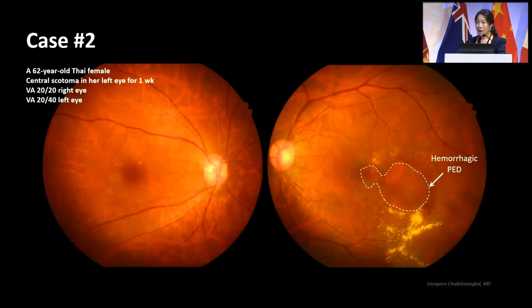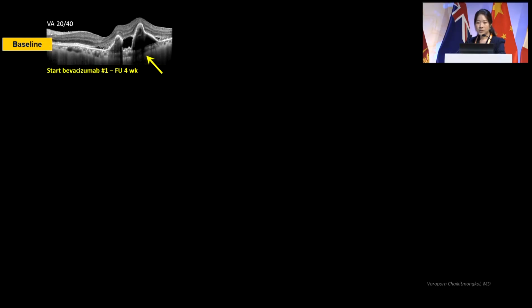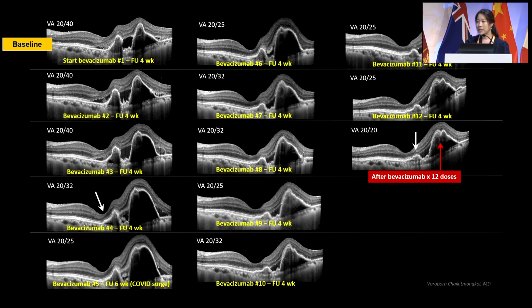This patient presented with giant hemorrhagic PED in the left eye. On OCT across the lesion, you can see subretinal fluid and a huge sharply peaked PED. In this patient, you can see the thin choroid, and I think everyone agrees that for patients with thin choroid, we would not prefer combination treatment with PDT because they will have higher risk for RPE atrophy and later vision decline. In this patient, we started with bevacizumab injection, and by the end of year 1, she received monthly injections